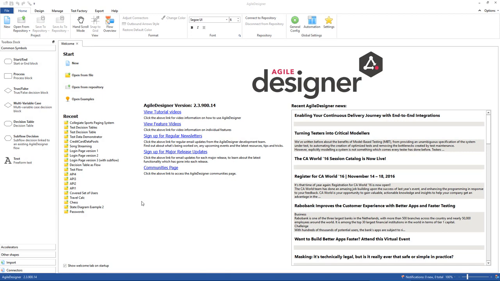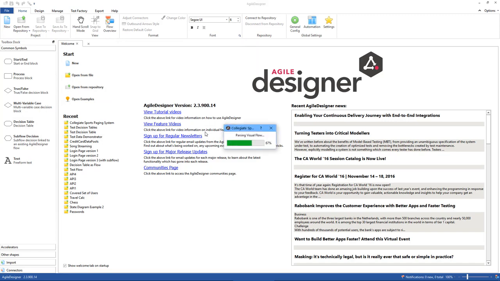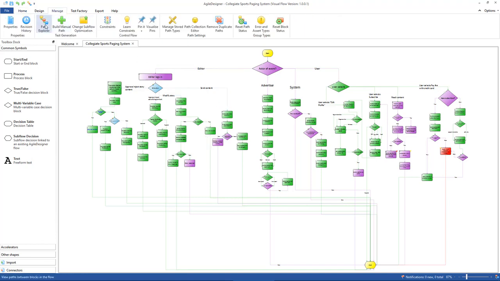To start this session off, I'm going to show a model in Agile Designer and use it to illustrate the way that the optimizer works when it's generating paths and test cases. So I'm actually going to use one of the examples that comes with the tool, the collegiate sports paging system. Now, there's nothing particular about this model that I'm going to worry about. It's a large model, as you can see, and I just want to use it to illustrate how the optimizer works. So if I go into Manage Path Explorer,